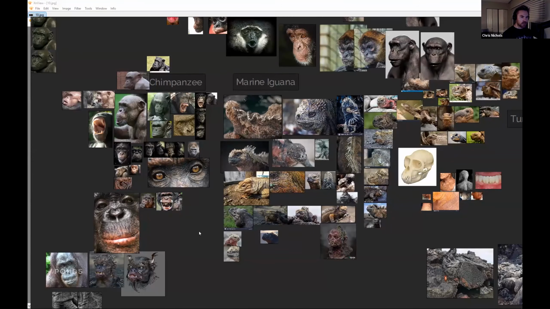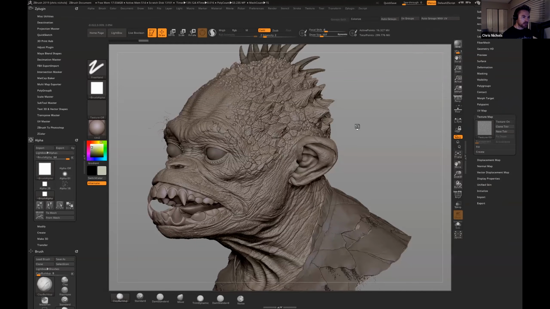So what I like to do is I always like to start with thinking about a creature. For example, we start with a base mesh that I provide. This is a detailed mesh here, but I provide a much simpler version of this that allows a little bit of interpretation.